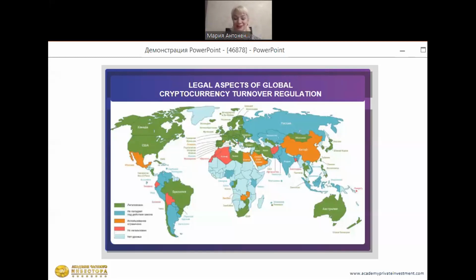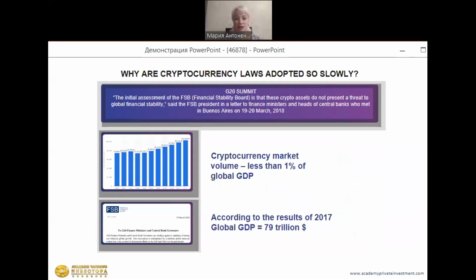So our lawmakers, guys sitting in the parliament who develop the law on cryptocurrencies, have been doing that for 3 years already and cannot come to a consensus on how to treat that phenomenon. And a G20 summit was held in 2018. Next slide. And at that summit, they said that the cryptocurrency phenomenon does not undermine the financial stability, because